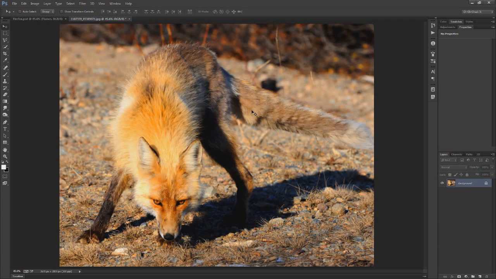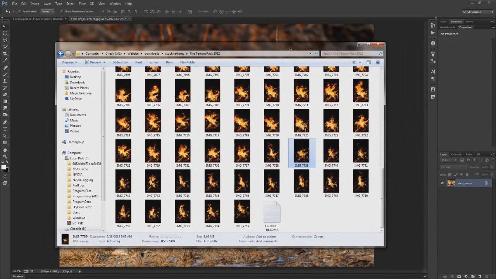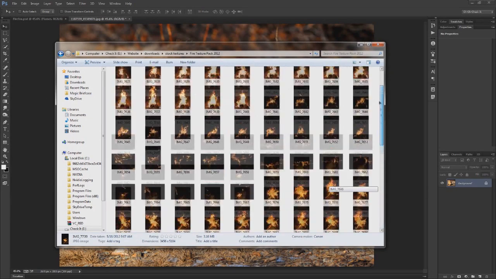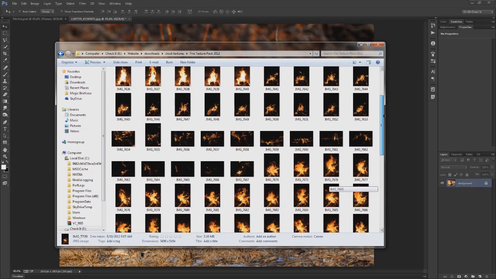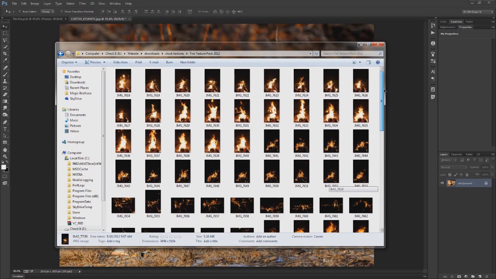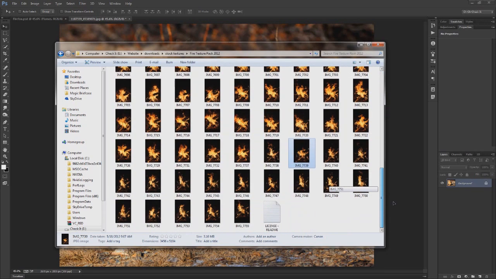let's get into the tutorial. So the first thing you're going to need is this texture or photo of a fox, which you can download 100% free off of the Stock Exchange, which is another free website that I like to go to. And if you want to, you can use the Fire texture pack that I created and is available for download on our website. And once you have that downloaded and extracted, you should have all of these lovely pictures of